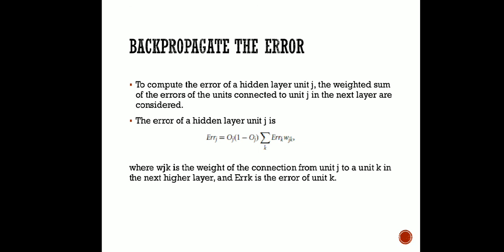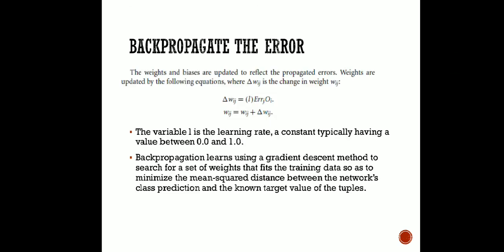So this is the way in which we can calculate the error generated. Okay, now back propagate means what change we need to do. You can see here for this, the changing of weight is denoted by delta of wij, and we know the error, that is Ej of Oi, the